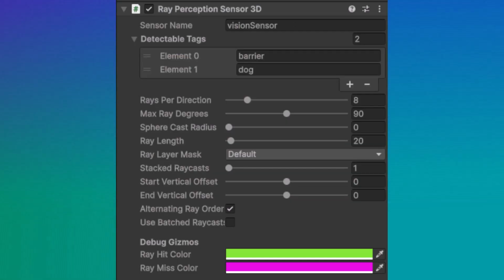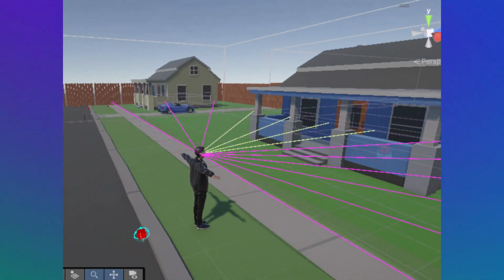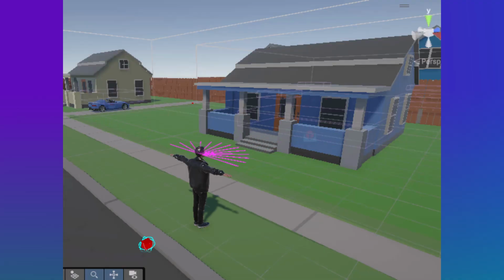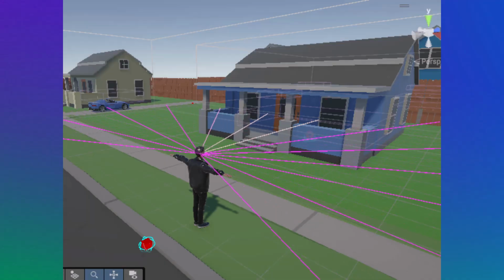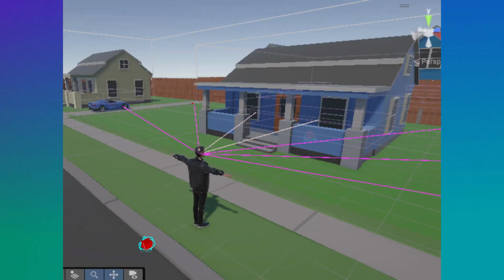ML agents includes a ray perception sensor type that conveniently emits a fan of rays and can test whether they intersect with any of a list of tagged object types. It's easy to change the geometry of the rays, making them longer, changing their angles, or changing how many rays there are.